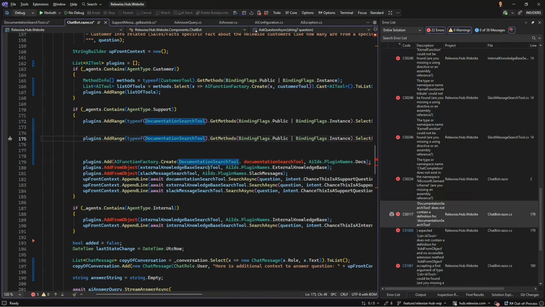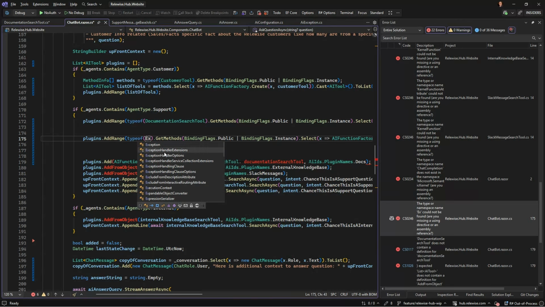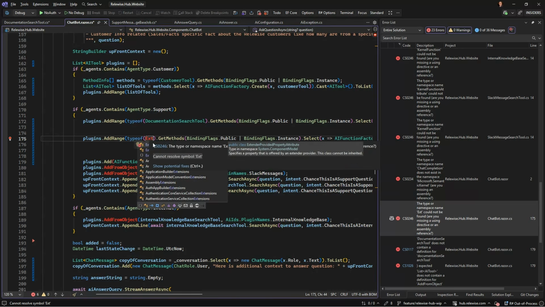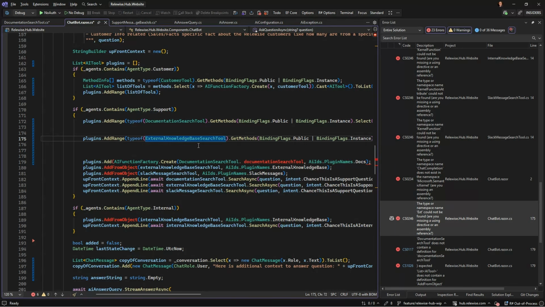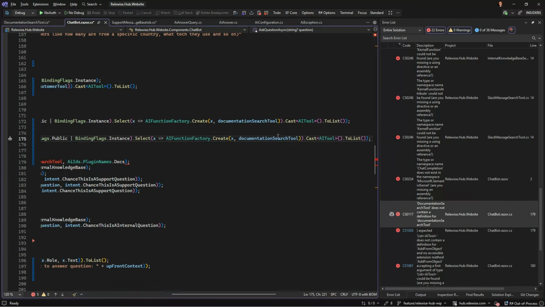This definitely needs some cleaning up, but external, what's it called? External knowledge base. Knowledge base search tool with the external knowledge base search tool over here.